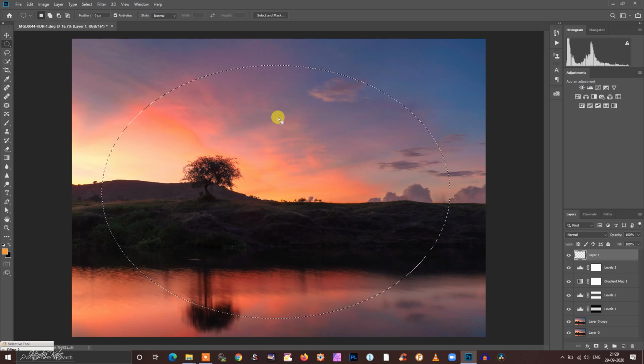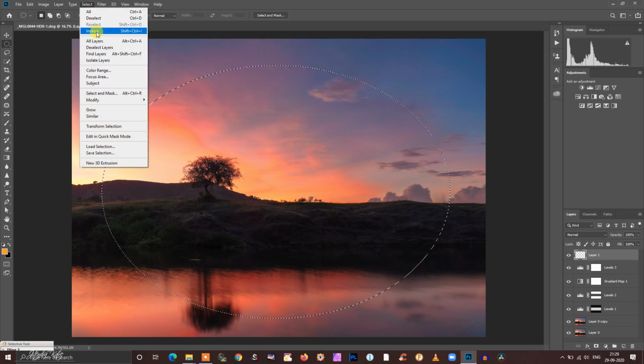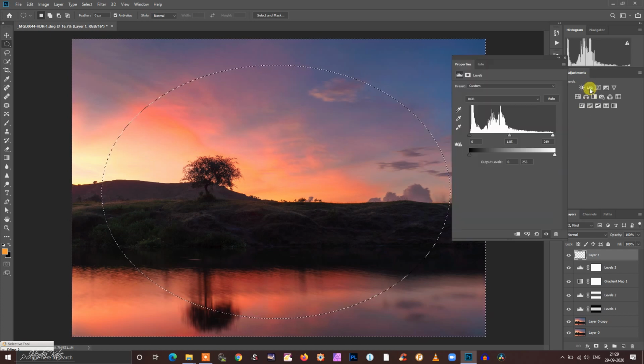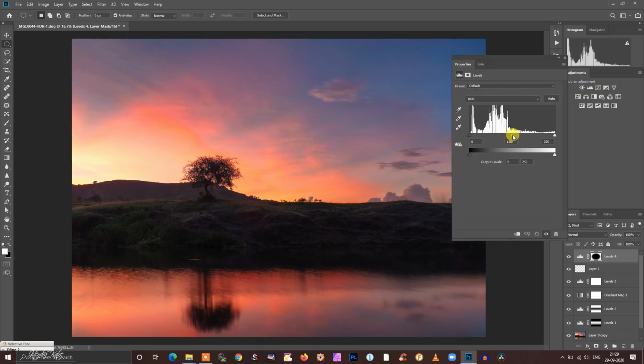And now I will reverse the selection by clicking here. Okay, now I will give some vignetting to the image. The corners will be darkened and that helps viewer to direct their gaze to this tree or central part of the image.